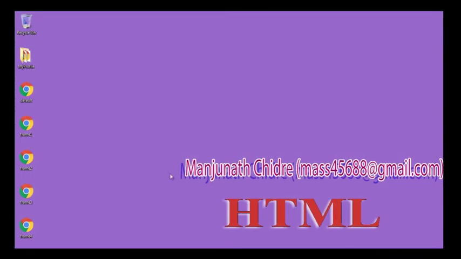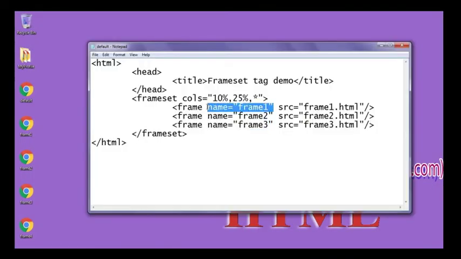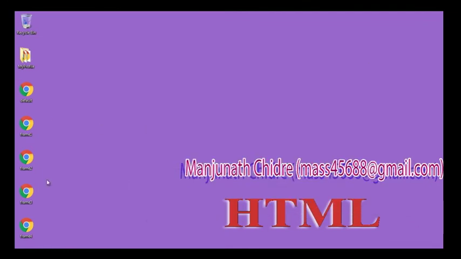So that is the use of the name attribute, how we can use the names of the frames in hyperlinks when we work with the frameset tag. Hope you guys have understood the importance of the name attribute, the importance of the src attribute, how we can use them, and how we create framesets. So for this tutorial, this much is enough, friends. I suggest you try this yourself, create some different framesets and understand whatever I explained.